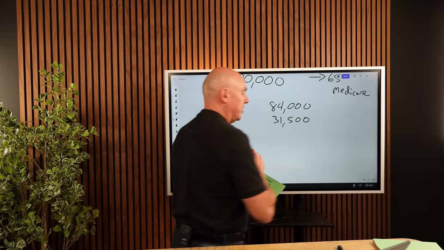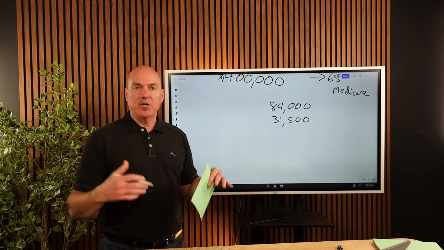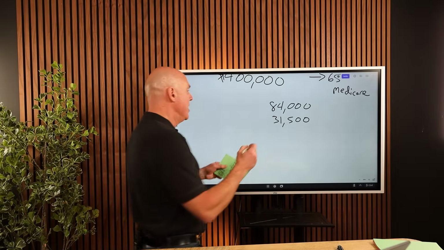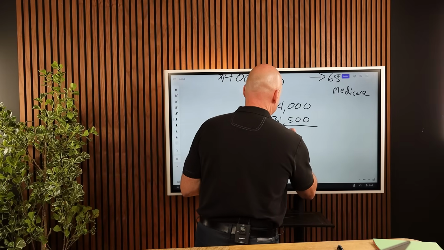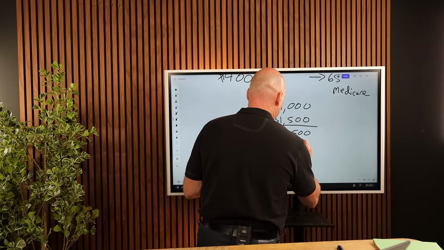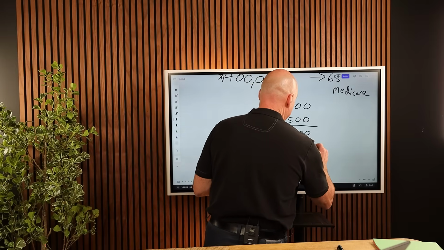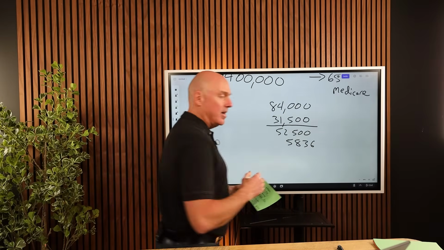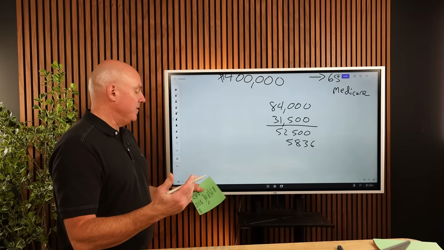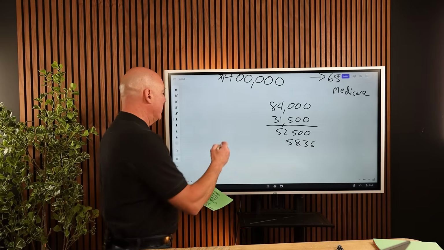And in 2025, we get a standard deduction if we're talking about the married filing joint category. So that's $31,500. So $52,500 is our taxable income, and when we run that through the tax table, our tax on that money would be $5,836. So we need to subtract that from the $84,000, and we're going to net